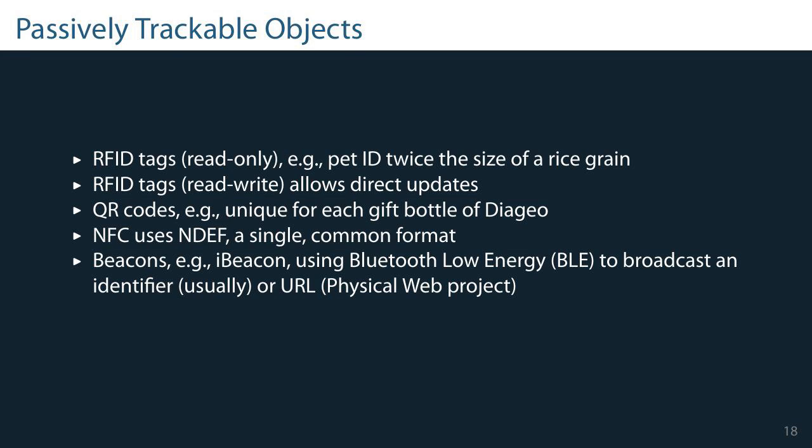QR codes. An example that Rowland gives is each bottle of whiskey is produced with a QR code on it, and you can record a gift, a greeting, some kind of a video for the recipient, and then the recipient uses the QR code to visit the video that you've recorded. So that's an example of a use of QR codes, and of course there are vastly many. QR codes generally encode a URL and potentially some instructions in the URL.